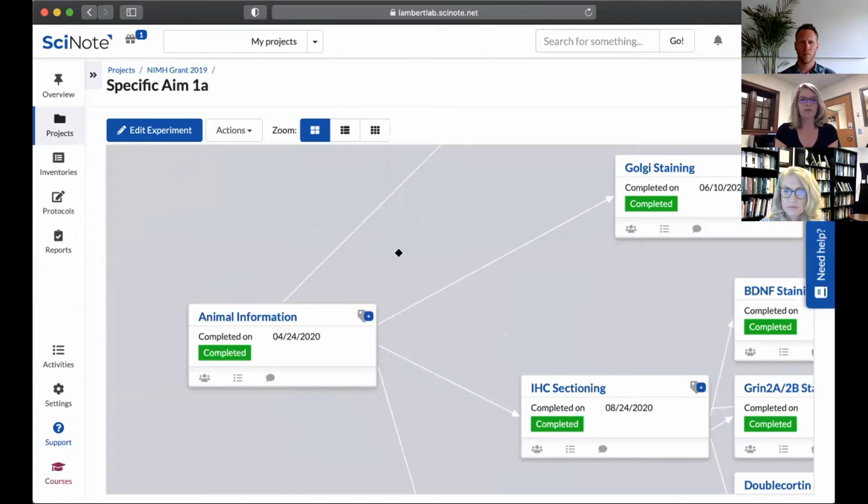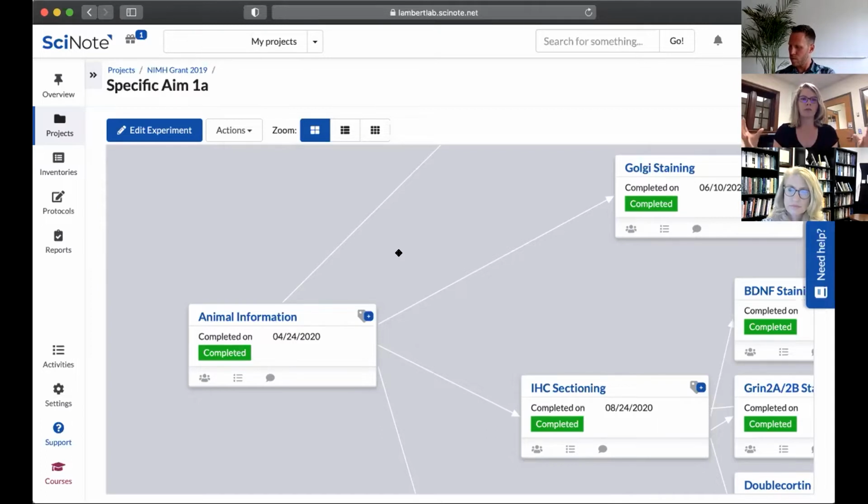And this did take some time to really think about how best to adapt the way that the grant was written, and the way that we typically do our science at the bench, into a digital format that is capable of being understood by not only the users that are creating this task flow, but those that are going to come back and follow what we did in the future. So one of the things that the postbac, Emily, and I settled on was that we need a home base, a central point